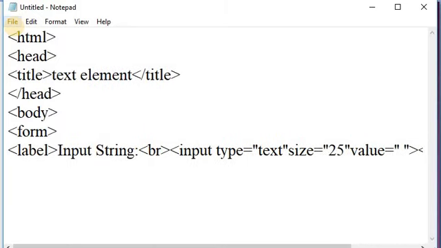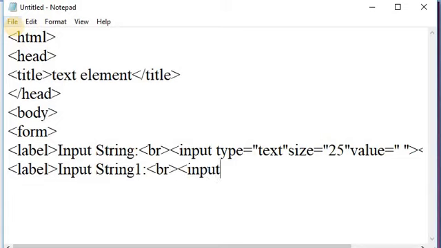Again I am taking one more label tag, and in that I am taking a label as input string 1. After that, I am taking a break tag. After that, I am taking an input type equal to text.